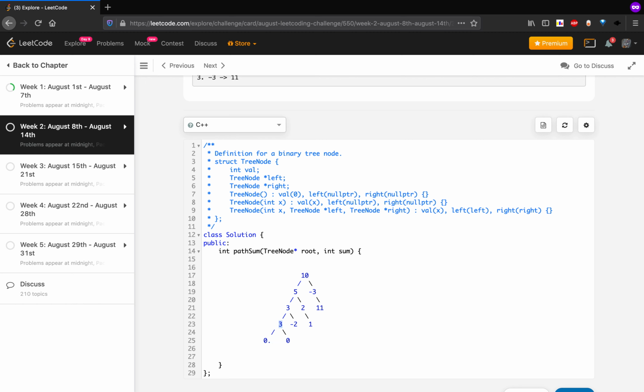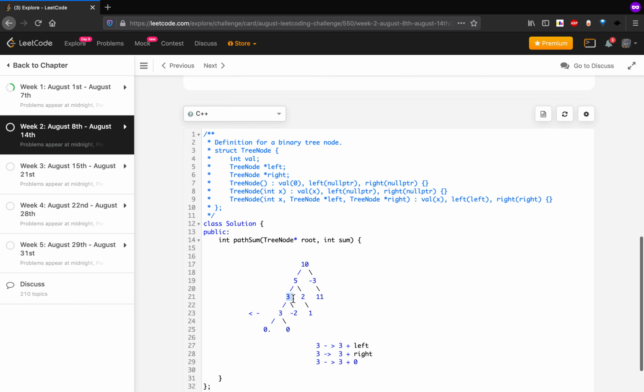So what can this node return? It can return 3 plus its left child sum, it can return 3 plus its right child sum, or it can return just the node value present at itself. So here it returns three values.